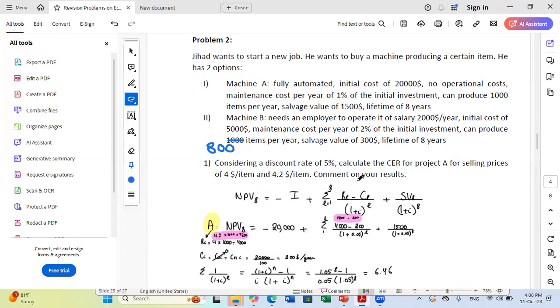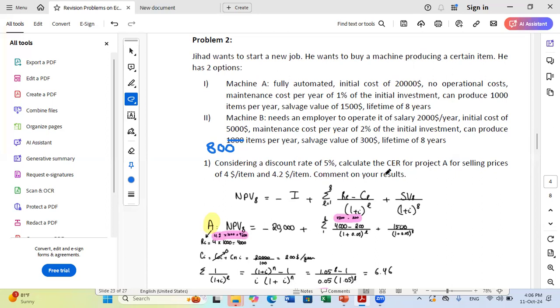So we have a lot of factors that will affect the values of CER and IRR, and based on the comparison between the two, we can come up with a decision on which project or which option to select. So to start with,